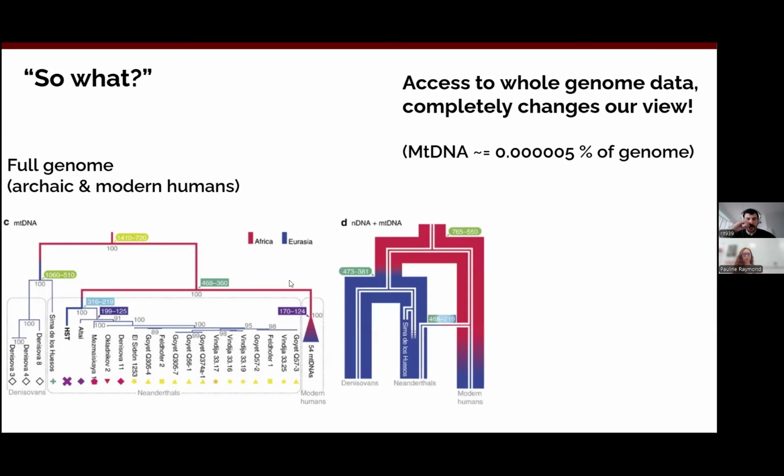However, when we got access to the whole genome data from all these different groups, we could actually see that a lot of these conclusions were wrong. So we could see that actually the Neanderthals are more closely related to this other group, the Denisovans. And in fact, these Cima de los Huesos individuals are ancestors to the Neanderthals. And also that Neanderthals and modern humans have interbred both a couple of hundreds of thousands of years ago and again, a couple of tens of thousands of years ago.